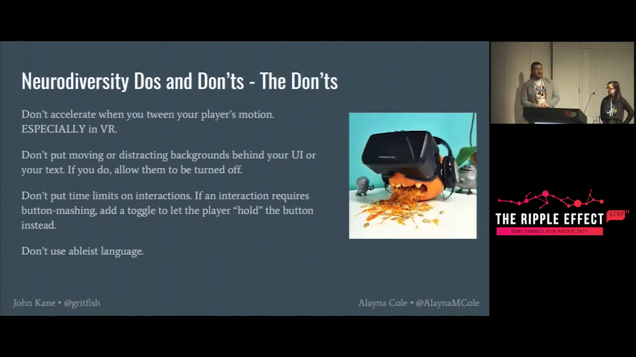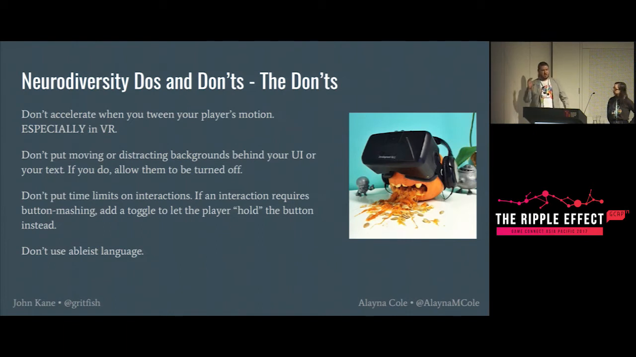So a whole bunch of do's and don'ts really quickly. Don't accelerate. You can tween in a linear way in VR, but definitely don't tween your player's motion a lot, because that's a recipe for barfing. Moving backgrounds, if you can toggle them on or off, that's really helpful. Also toggling screen shake. I know several people who get very, very motion sick from screen